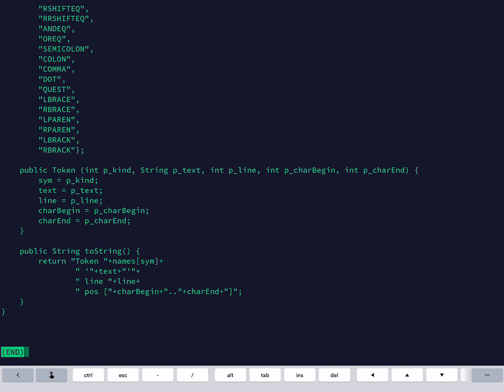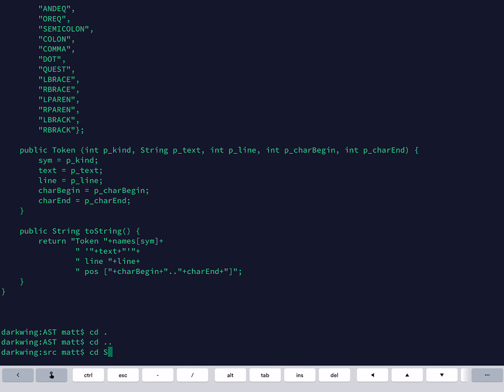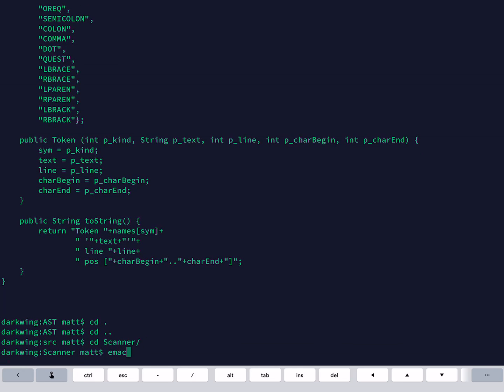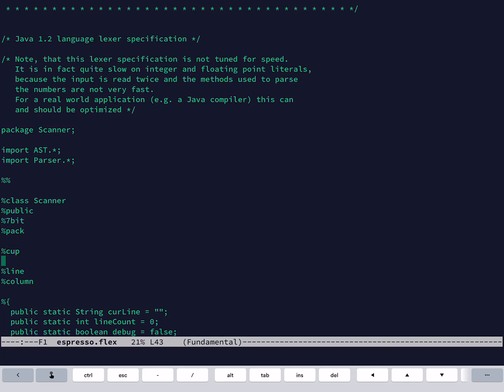Right. So let's figure out which keyboard to use here. So we go into our scanner directory, open that file, and go down.